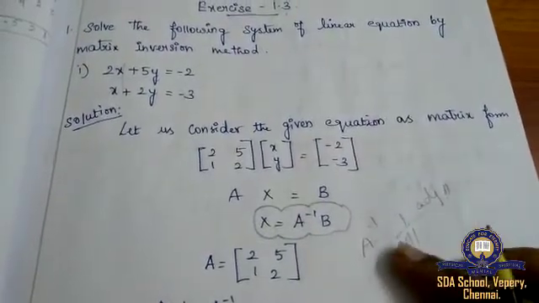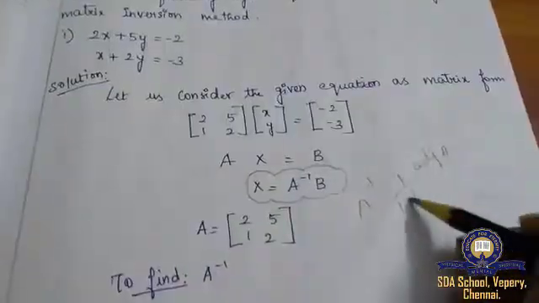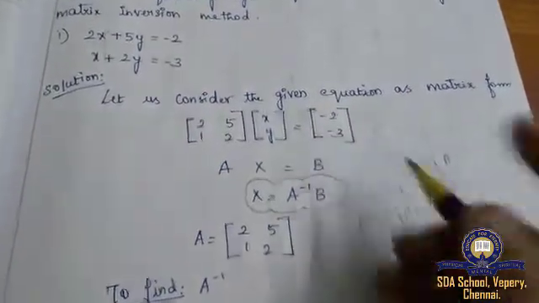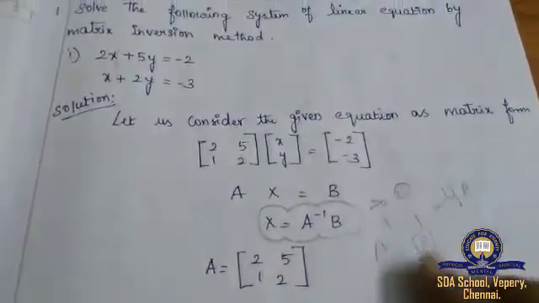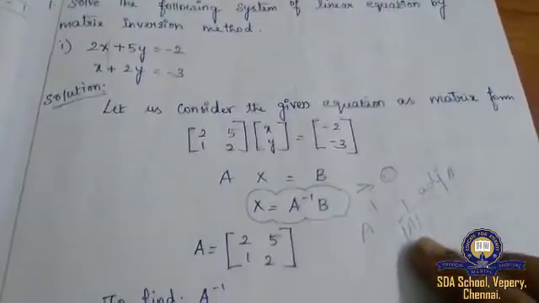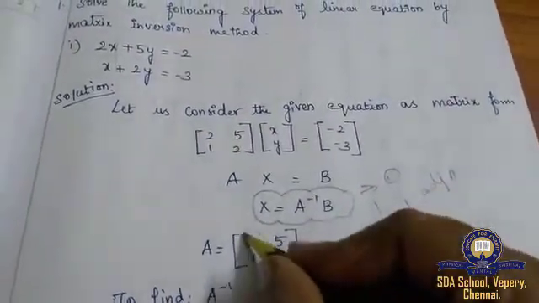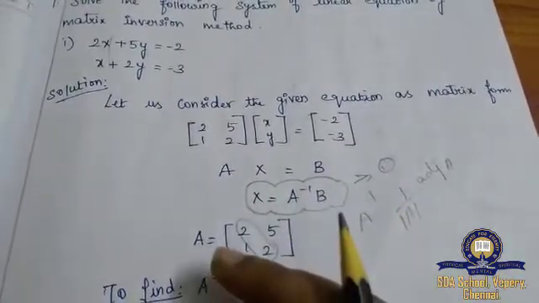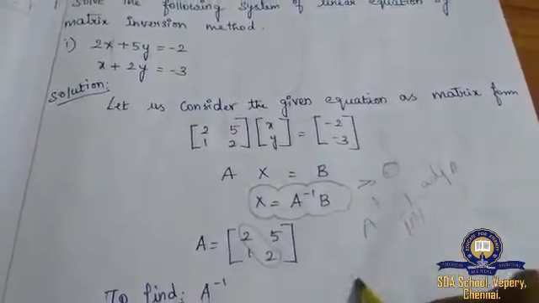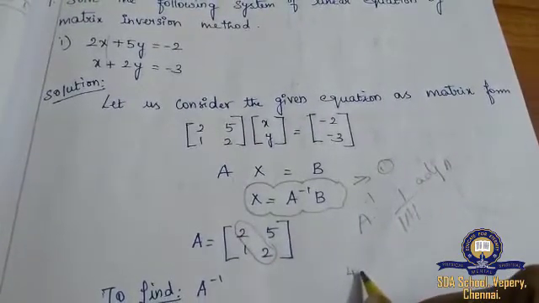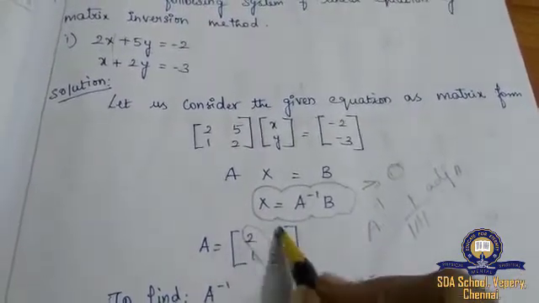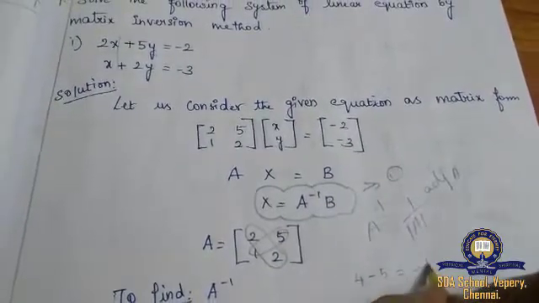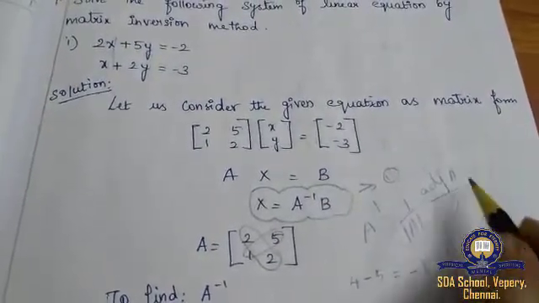So I'm going to find my determinant of A and adjoint A. After that I'm going to substitute in the formula. This is my formula. So how will you find determinant A? Since it is a 2 cross 2 matrix, you can simply cross multiply the values. 2 twos are 4, and what symbol are you going to use here? Minus. 5 ones are 5. So what will your answer be? Minus 1.